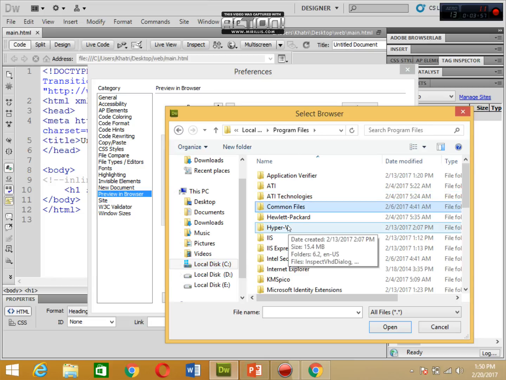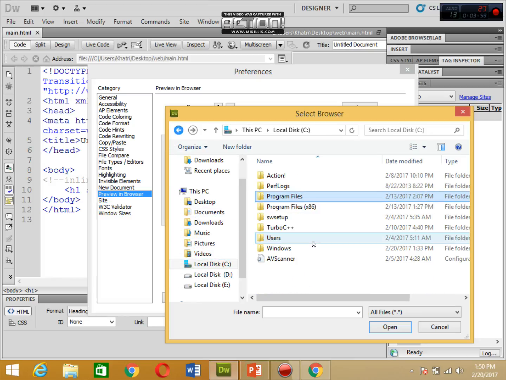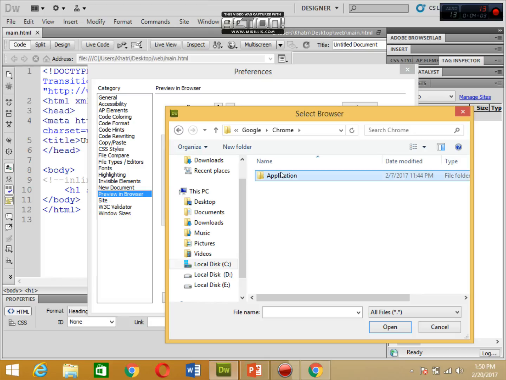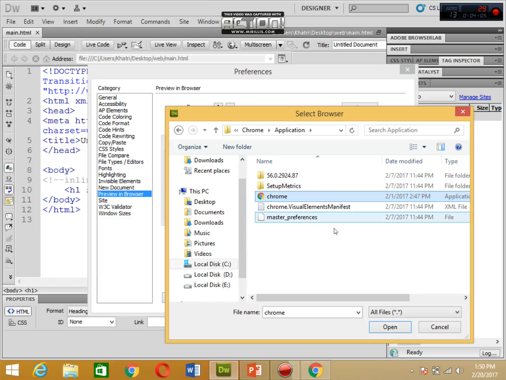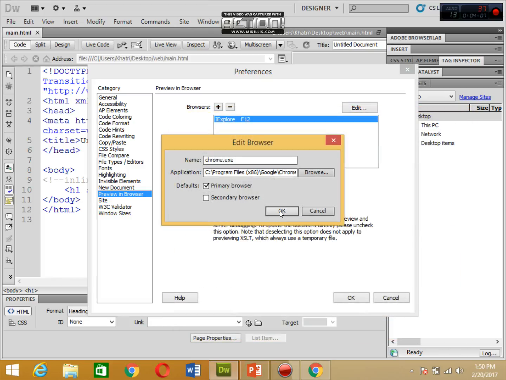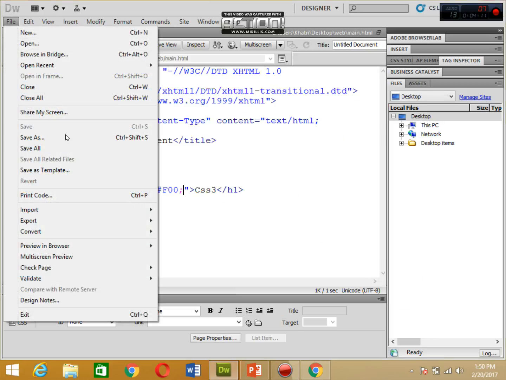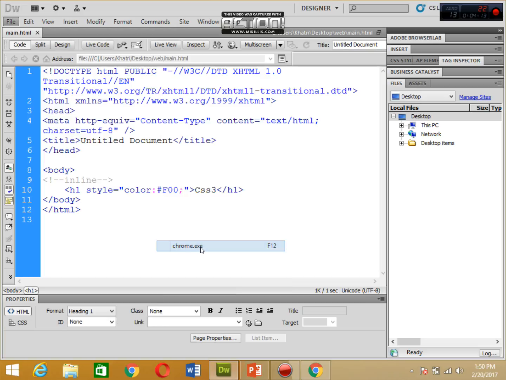Where is Chrome? Where is Google? Oh my god, it's not there. So we need to go towards Google, Google Chrome, application. You have to choose this Chrome and open it. Okay, then it will open there. So I will preview this in the browser chrome.exe.